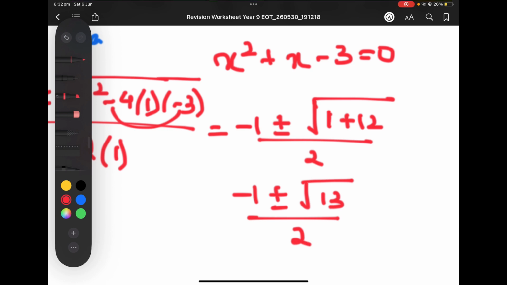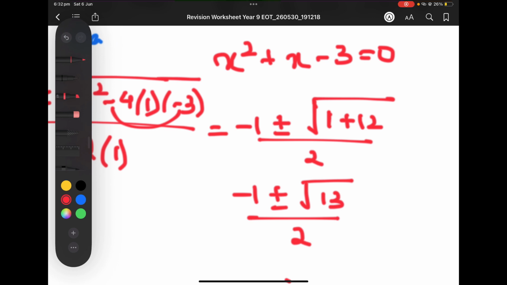Now again, if you have a better calculator, FX991 ES plus or so, start solving it. If you don't, then go with minus 1 plus root 13. Find your root 13 individually. And divided by 2, you will get it as,